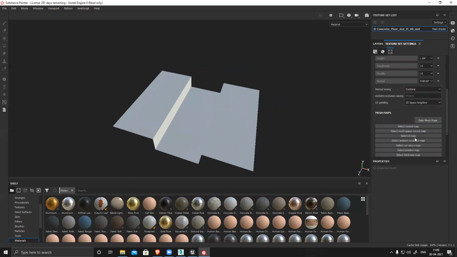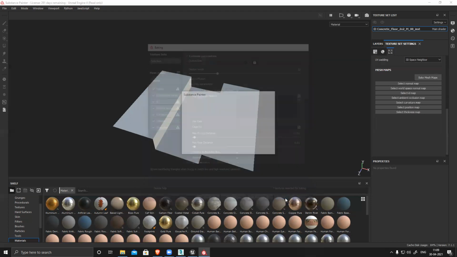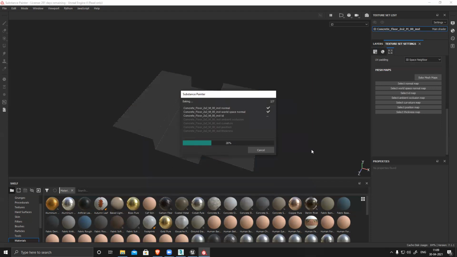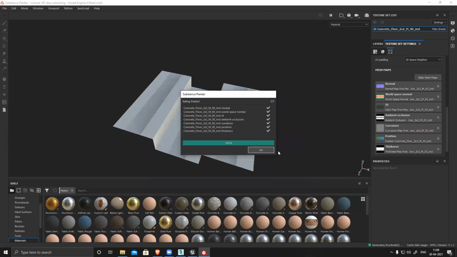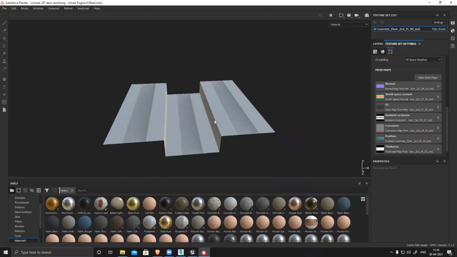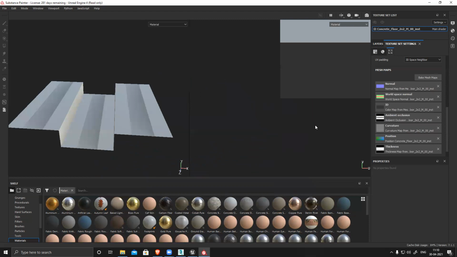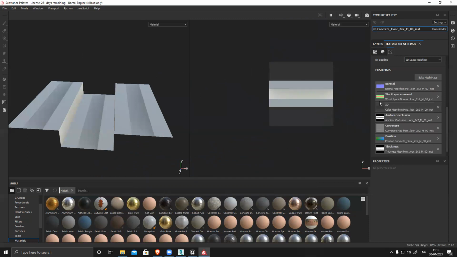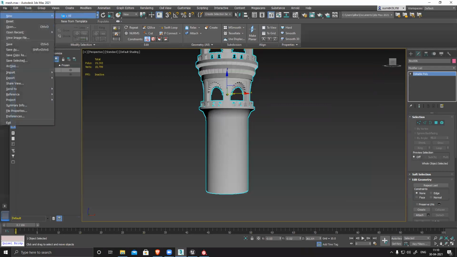First thing first, I have to bake everything. I'm using 2K, so I'll use low poly, high poly, and bake. You can see it's creating this detail issue. My UVs, I'm pretty sure they're overlapped. Let's press F1. See, it's all overlapped. That's what's creating this issue. Because I haven't unwrapped it, I have to unwrap it properly.